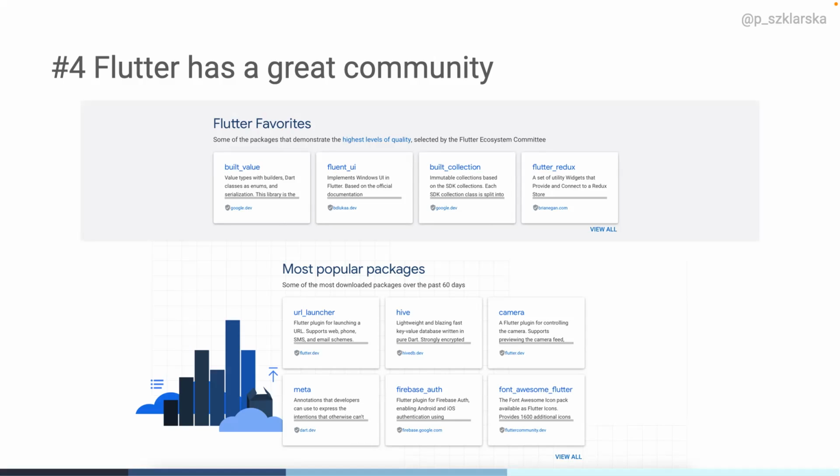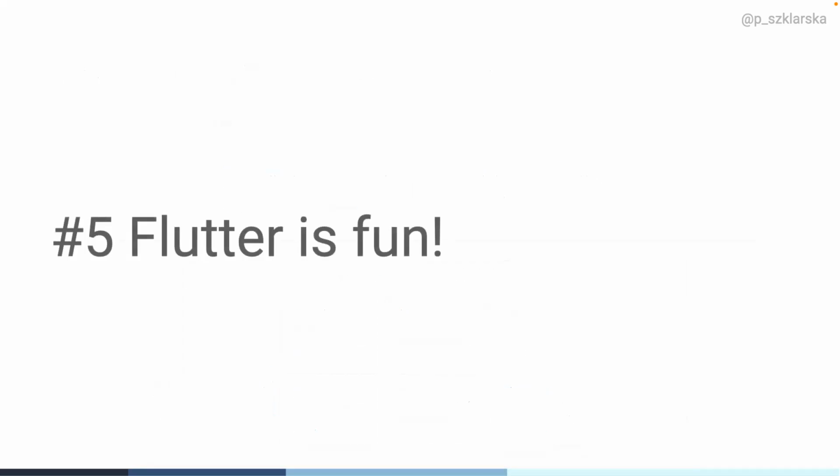So if you need anything, there is a really high chance that there is already a package for the thing that you need. And last but not least, Flutter is really fun. And I really encourage you to try and give it a go.